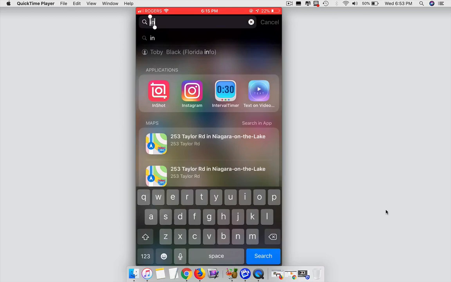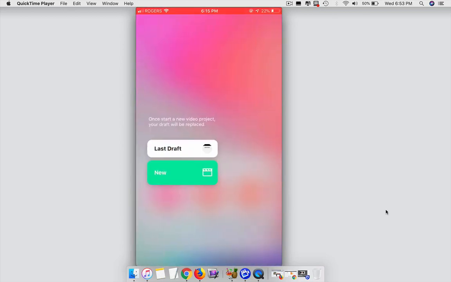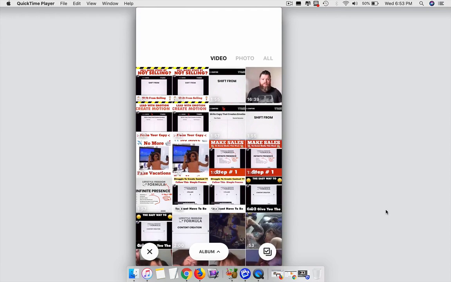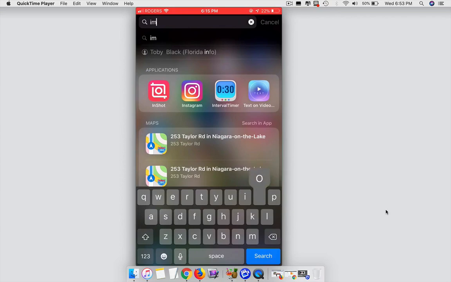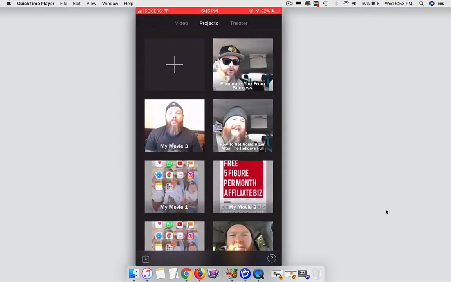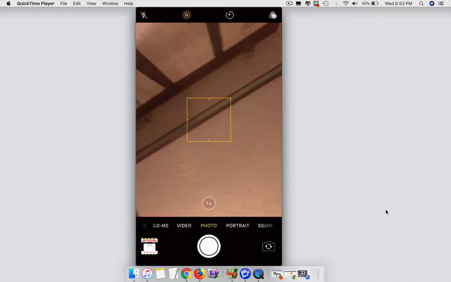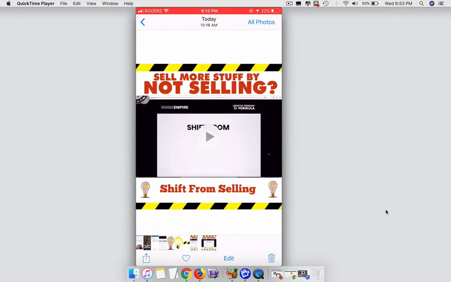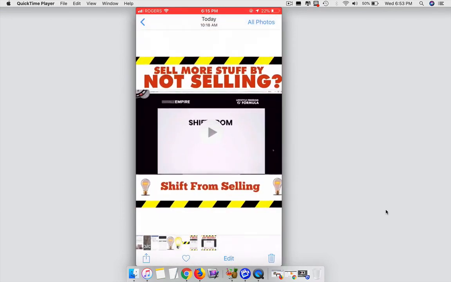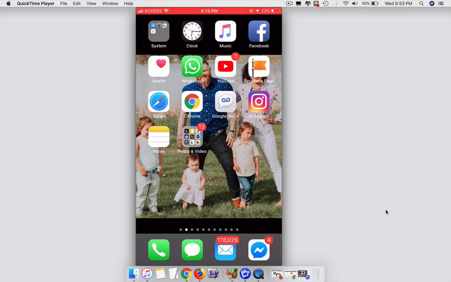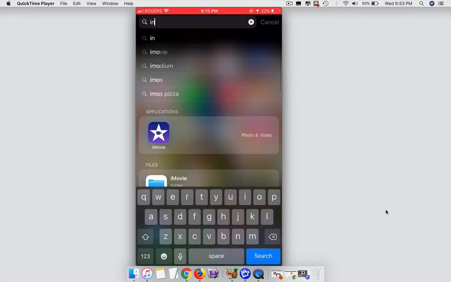Okay, so here we are on my iPhone. We're using the InShot app. So go ahead and download it from Google Play or from the App Store. Now, you're going to have a video already shot. Either have it in your photos, maybe you've made one in iMovie, but you're going to have to obviously have a video, or if you're using photos, you can create a viral video like this just using photos, but I would recommend having a 1 to 2 minute video clip that you've already shot that you're going to use as